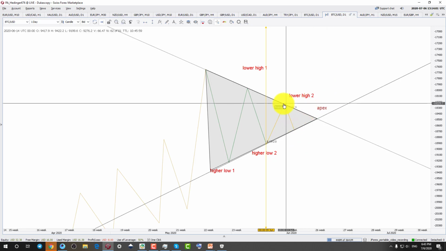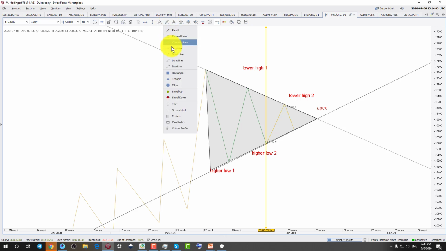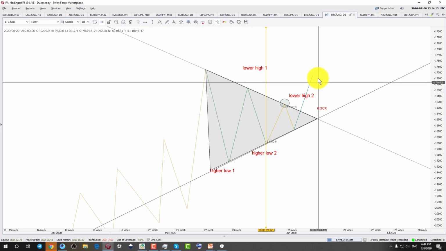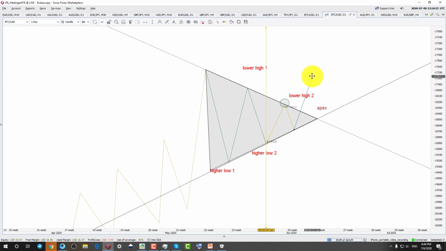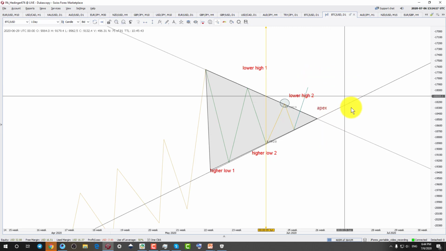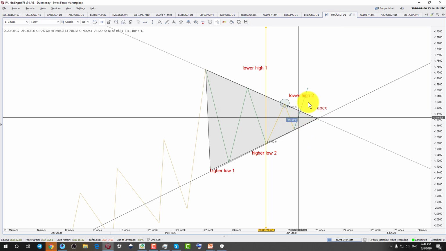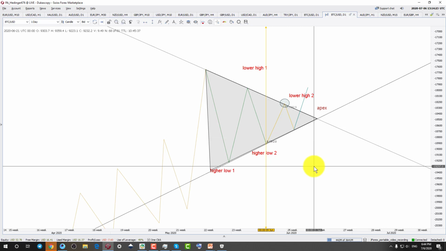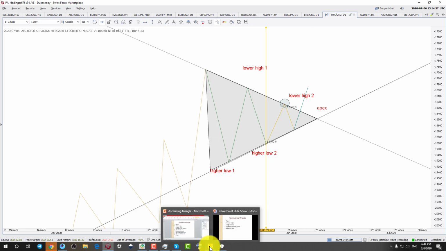It can break either in this leg, it can break in this leg, or it can break in the next leg. It can also break in this leg. Now what after the break? After the break you will think, okay, now it is broken out, so we will just go and buy it. No, we will not buy it until and unless we have a confirmation.